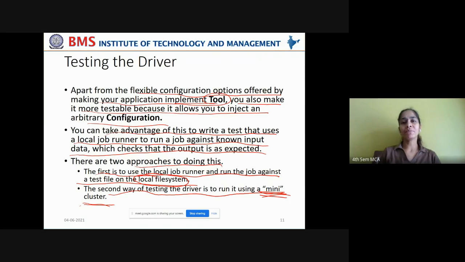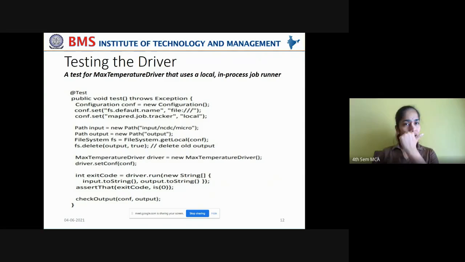with Hadoop daemons. Now, how do you write the test for max temperature driver that uses a local in-process job runner in a pseudo distributed mode on a single machine?